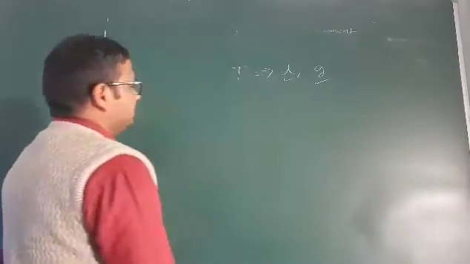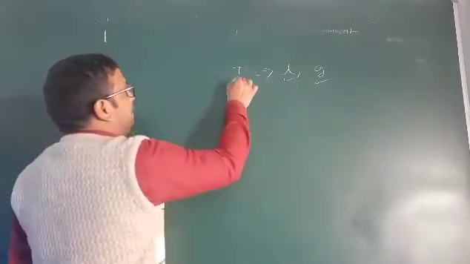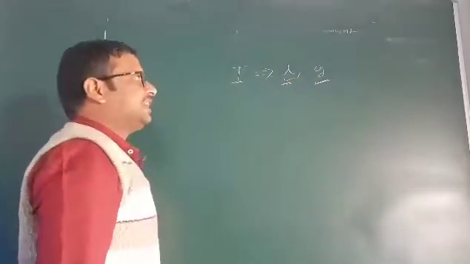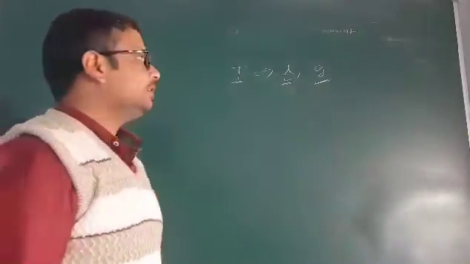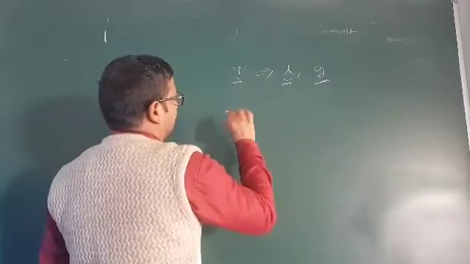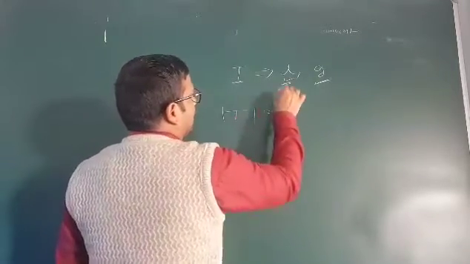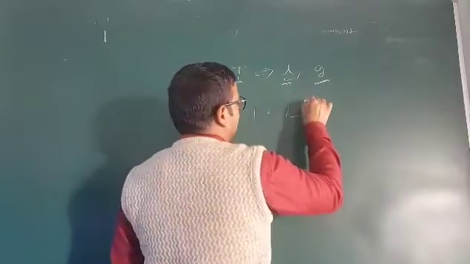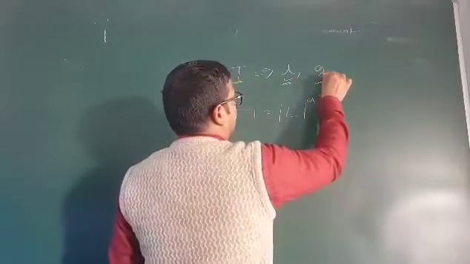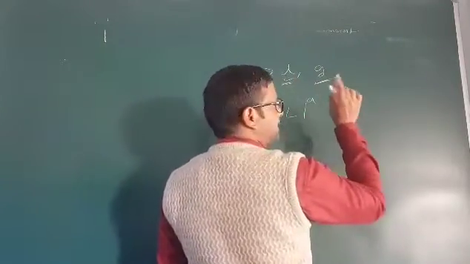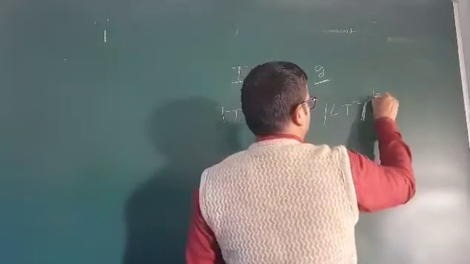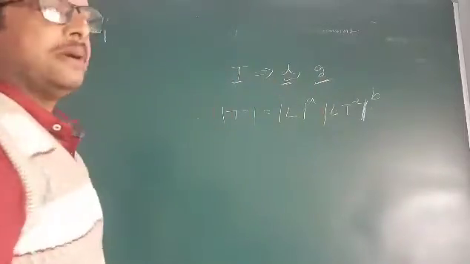Just check it. Suppose the question is that the time period depends upon length L and gravitational acceleration g. So what is the relation among them? Suppose time has the dimension only T. Suppose length has the dimension L, and suppose its power is a. And g is the acceleration, you know very well, L T to the power minus 2, suppose it has the power b.